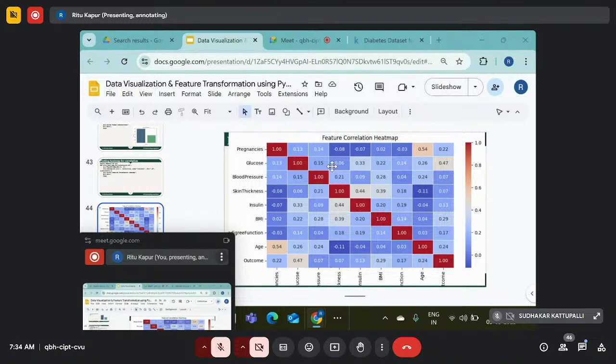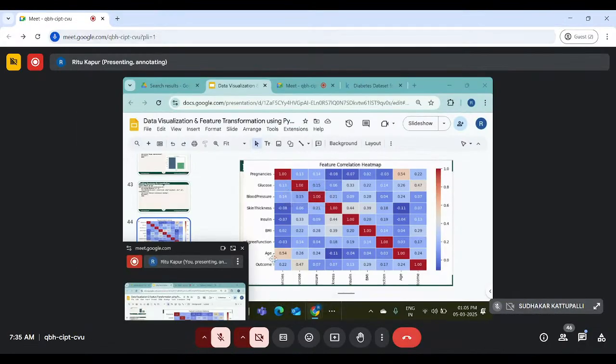So correlation means if there is some relation between an increase in one value and the value of another feature also starting to increase, right? For example, age, and if we see what blood pressure, it's 0.24. Okay, age and BMI,